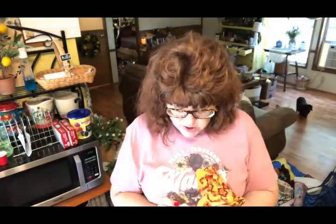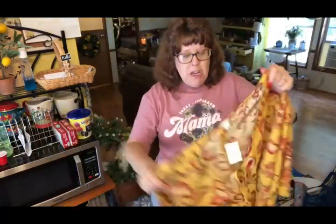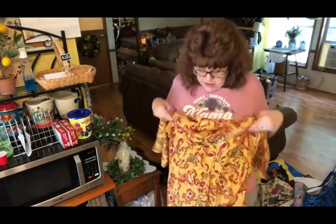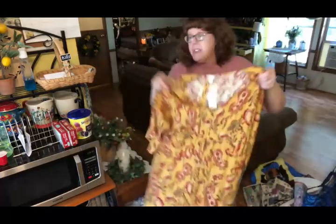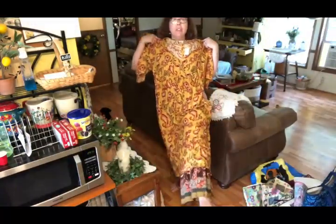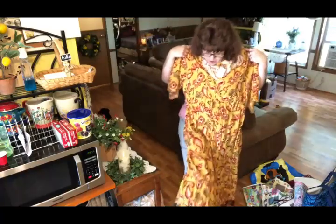This was the one that was $29. This was $29.99, $30 for a dress, which is not a bad price for a dress, and it's a maxi dress, so it's really long. It's very flattering because it's got this tie right here that goes underneath the skinniest part of your waist, and it cinches in, and like I said, it's a maxi dress, so it goes all the way to my ankles, and I'm tall,